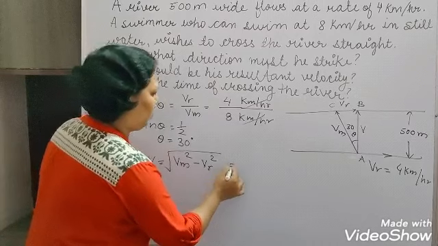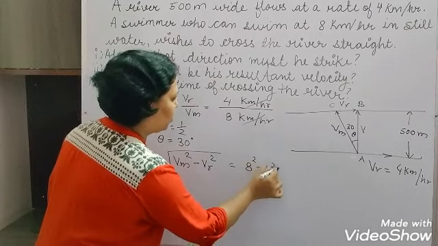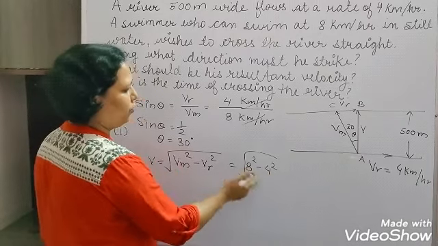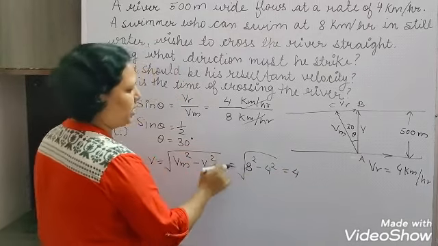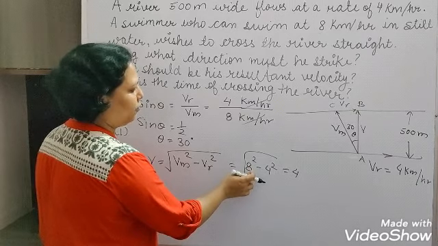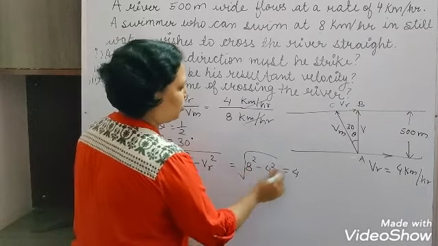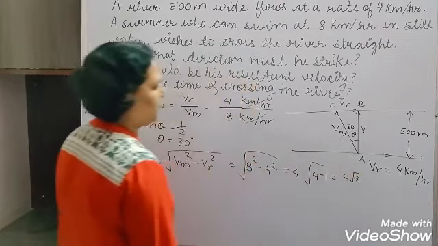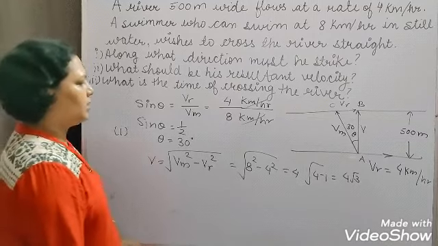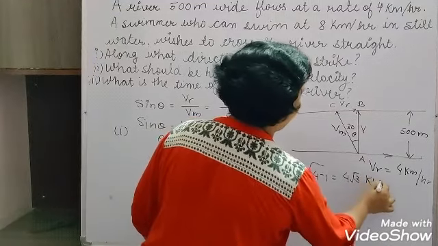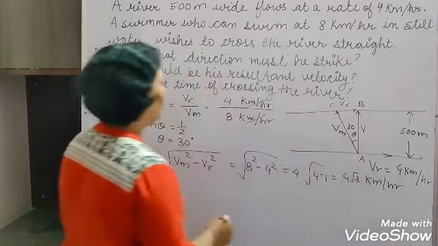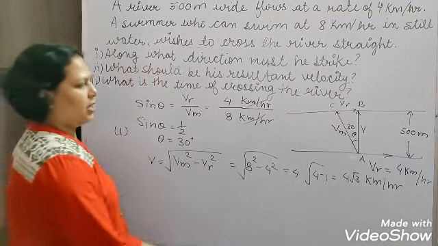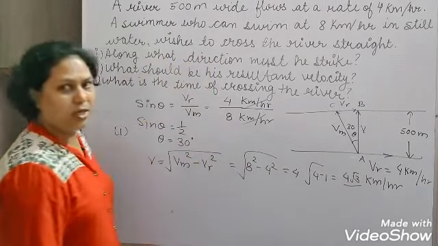Okay, so Vm is what here? 8 square minus 4 square. So I can take this 4 square common, so 4 will be out of root, and here what will remain? 4 into 2, that 2 square will remain, so it will be 4 minus 1, that means simply 4 root 3. So here the resultant velocity is 4 root 3 km/h. Okay, this is our second answer. You can put the value of root 3 also, and calculate that way too.